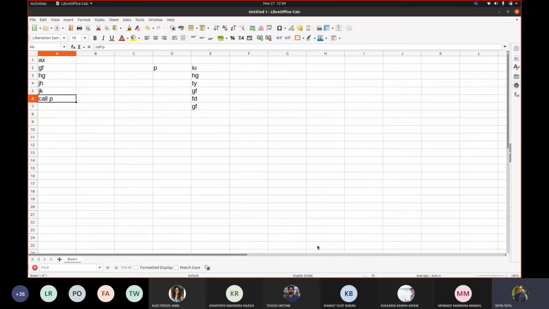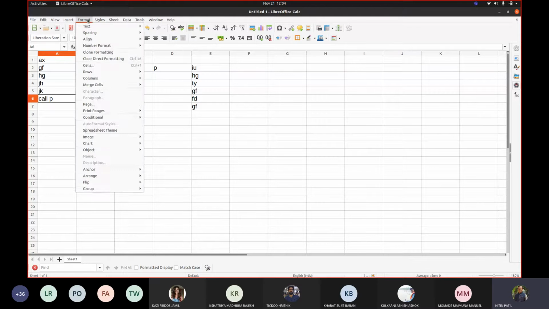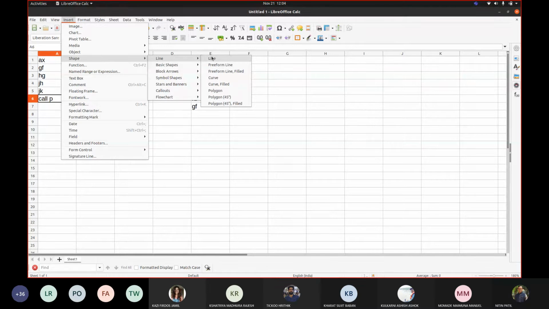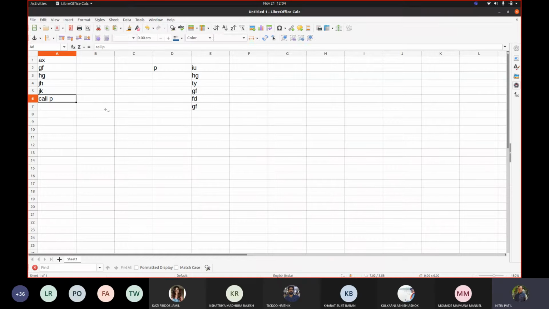So when it is here, let me use insert shape. So it should go here, and when done, it should come back here.